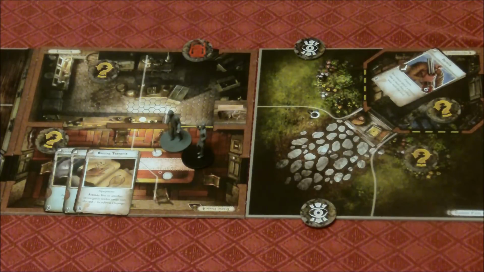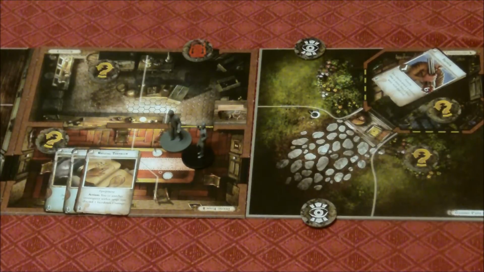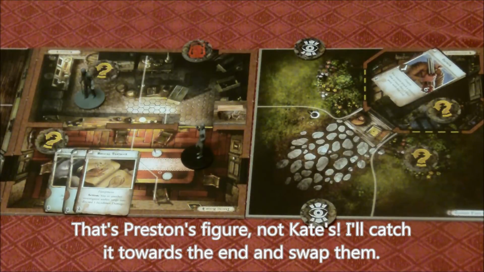Well, initially, my plan for her, and there's no reason why I can't do it, was to send her around to check out the cookies. It's just too tempting. I need to know what's with the cookies. So her first action will be move 2 spaces. Second action, possibly unwisely,